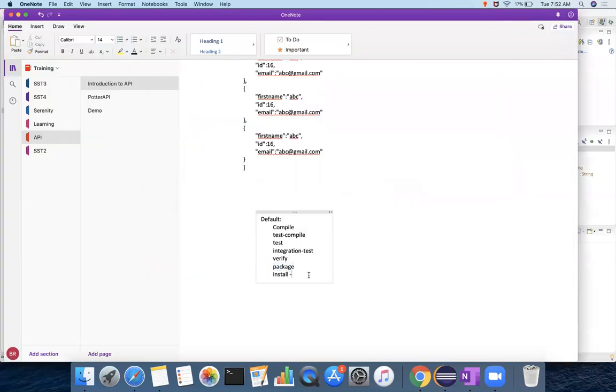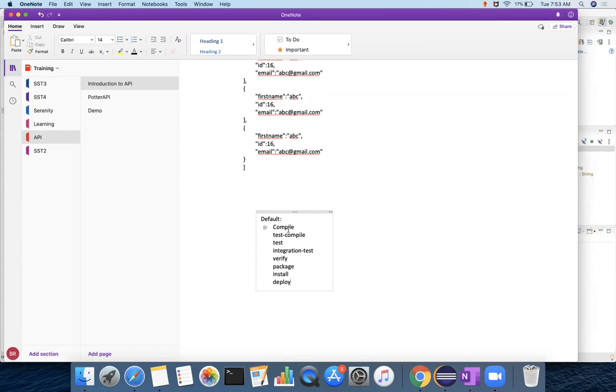Where is the local repository? That is in .m2, right? It will be copied there. And then the next one you have is deploy. What deploy will do is upload your artifact or jar file into the remote repository so that everybody can download from there. These are the stages that you have, and each stage or phase has multiple goals associated with it. A goal is the execution pattern.